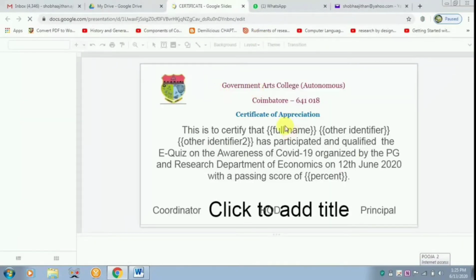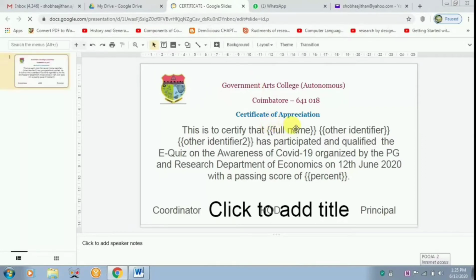So this is to certify that dash, that is the full name, and what is the designation of the person. For that you have to type the words other identifier and other identifier 2 for the college or the location, whatever it is, and what percent that particular participant is scoring, that has to be done.